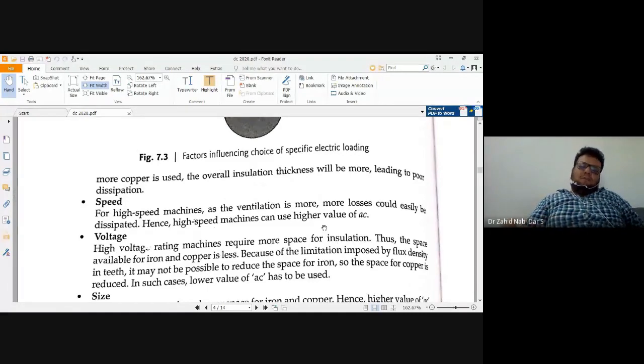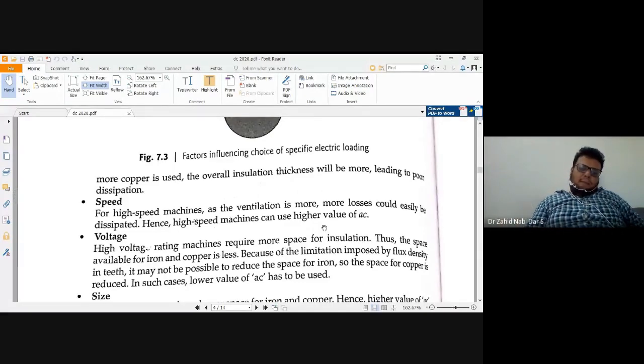Armature reaction is not due to the field voltage, it is due to the voltage that is produced in the armature winding. Now, two things can happen with this armature reaction. Suppose the voltage induced in the armature is in phase or in addition with the main field flux. This MMF is called magnetizing MMF. Suppose this MMF is in opposition to this flux that is getting established. This is called demagnetizing MMF. Suppose this MMF is at quadrature, 90 degrees with respect to the magnetic flux. This is called cross magnetization.